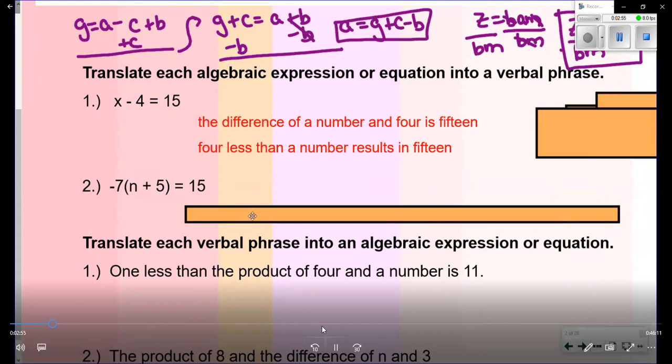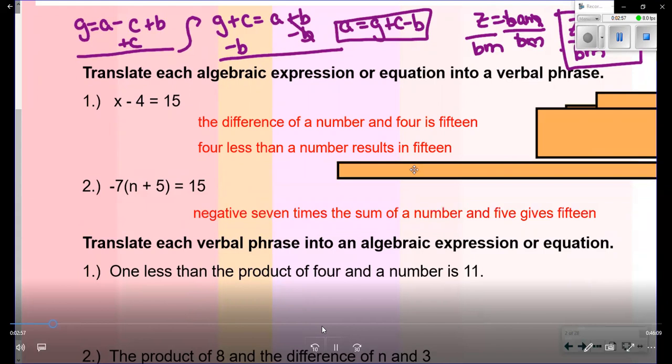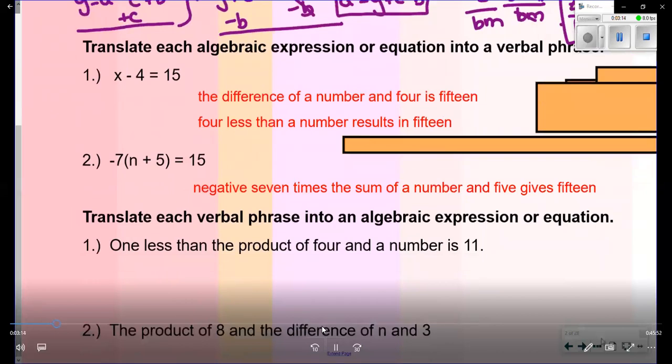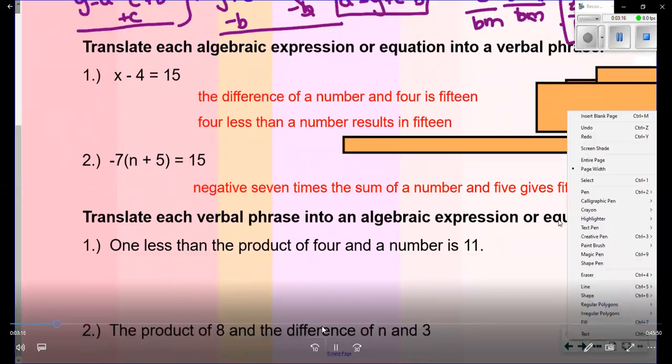Now the next one. There are many ways. I chose this way. It'd be negative 7 times the sum of a number and 5 gives 15. If you have another way of translating it, and if someone were to read it in order to get to this one, then you did good. Now, that was from algebraic to verbal. We're doing verbal to